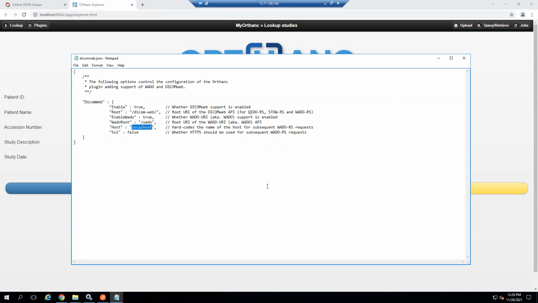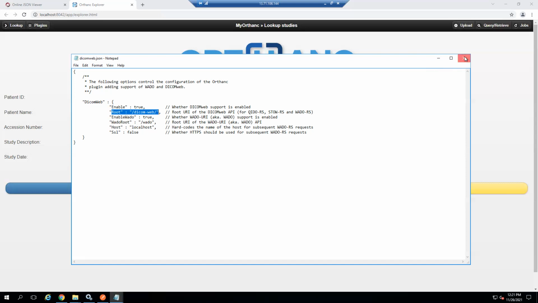This will be sent in the search transaction response. The URL will be sent on how to retrieve the data. That data URL will be sent. In that URL, whatever host name I'm giving here will be added. I'll show you what it is, and this is the root for the DICOMweb. Okay, I'll show you when I'm running the application. You will come to know all these things.